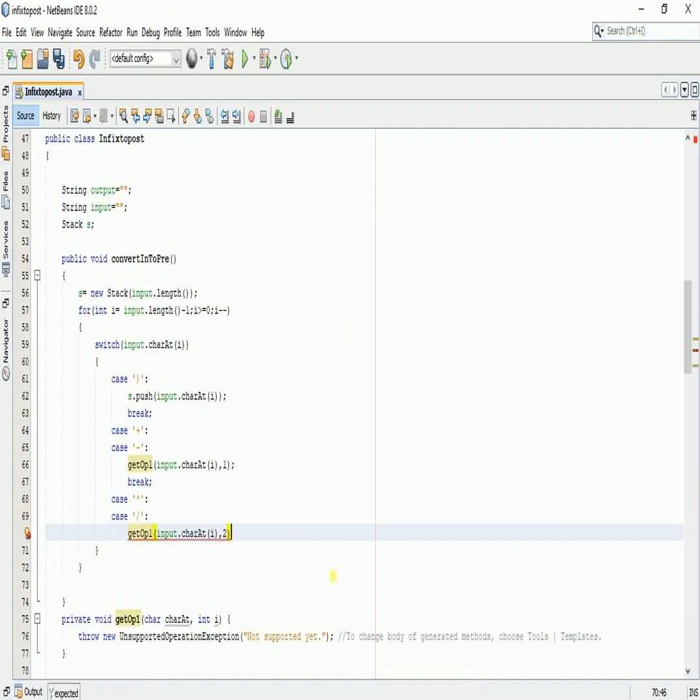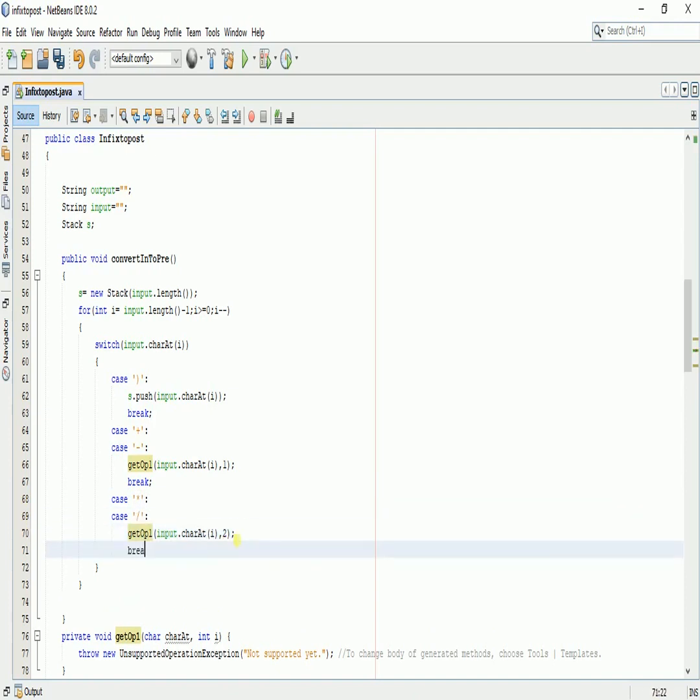So this is our case: if the value in the string is multiplication or division, this function will be performed.